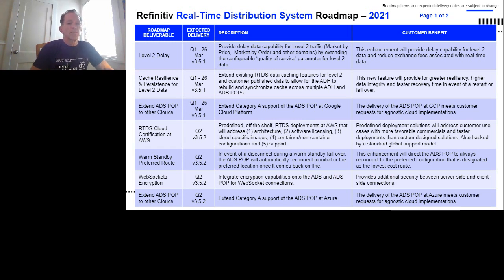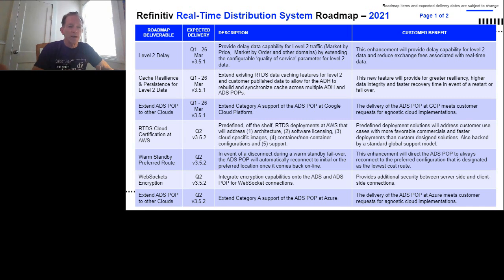So we just delivered a number of new features at the end of March, Q1, which includes level 2 delayed data. So now, in addition to level 1 delayed data, which is market price or domain 6, we also offer delayed capabilities for level 2 data, which now includes market by order and market by price, which are domains 7 and 8. And the reason why I'm mentioning the domains is that this enhancement also covers customer-defined domains. So that'll be useful if you, let's say, integrated any exchange data into some derived calculations that you then provide